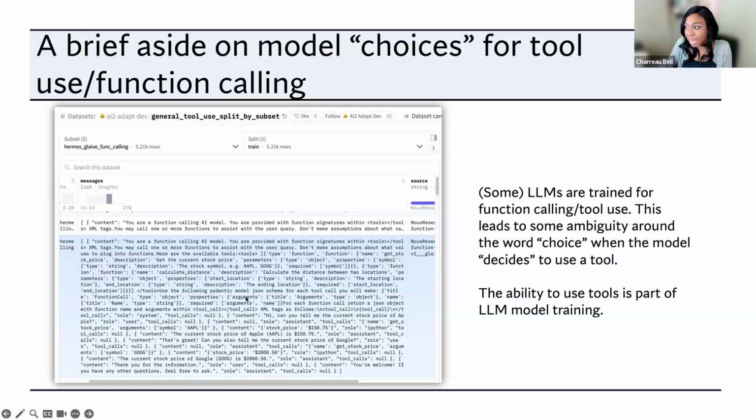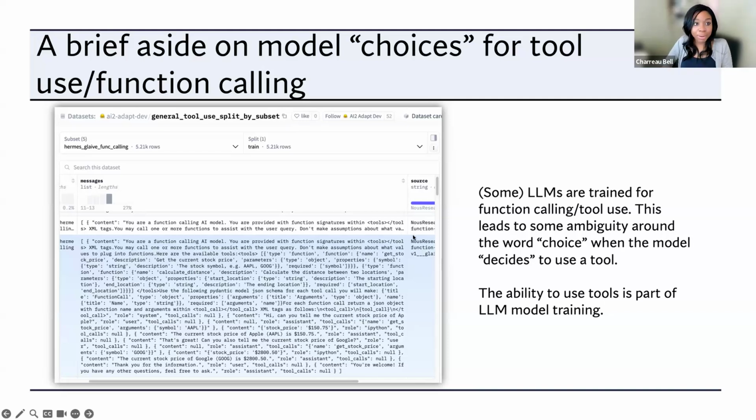So we would expect that if we gave it some function that it had never seen before, that it would still be able to execute the function as appropriate, because it will understand that the relationship is based on this description. If the user is asking me something that fits this description, then I should use the tool that is associated with that description. And so that's why you can also pass in these custom tools, and it will understand to call a tool that it's never seen before, because it understands that the description describes when it should use some tool that it's never seen. Oh, good question.